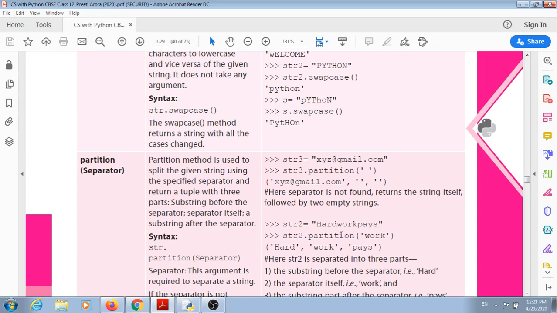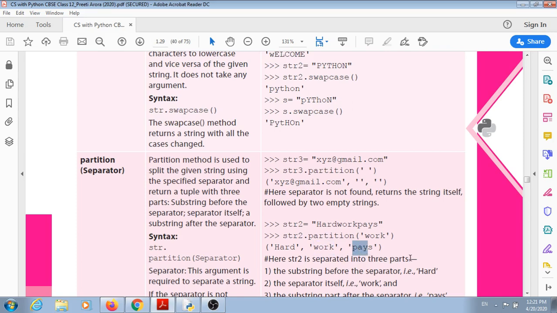String 2 is equal to hard work pays, and string 2 dot partition work. It means the substring work will act as the separator or the partition. So hard will be the first substring, the second one will be the separator, and the last one will be the substring pays.